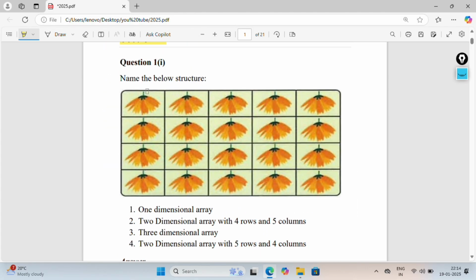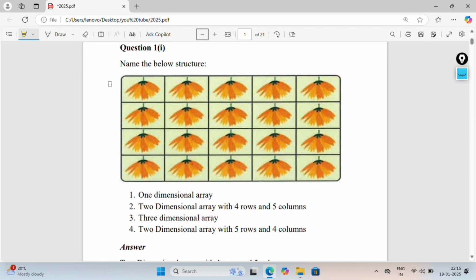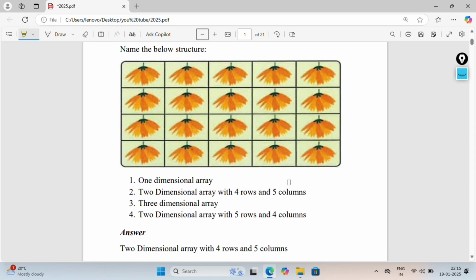So you can see the picture is arranged in the form of rows and columns. So count the number of rows and columns. But here it is not required. They are just asking which type of array it represents. So you know that whenever you see the rows and columns, it's nothing but a two-dimensional array. But here in the options, you have to count the number of rows and columns and depict the correct answer. So the correct answer is second one, two-dimensional array, or it is called as 2D array with